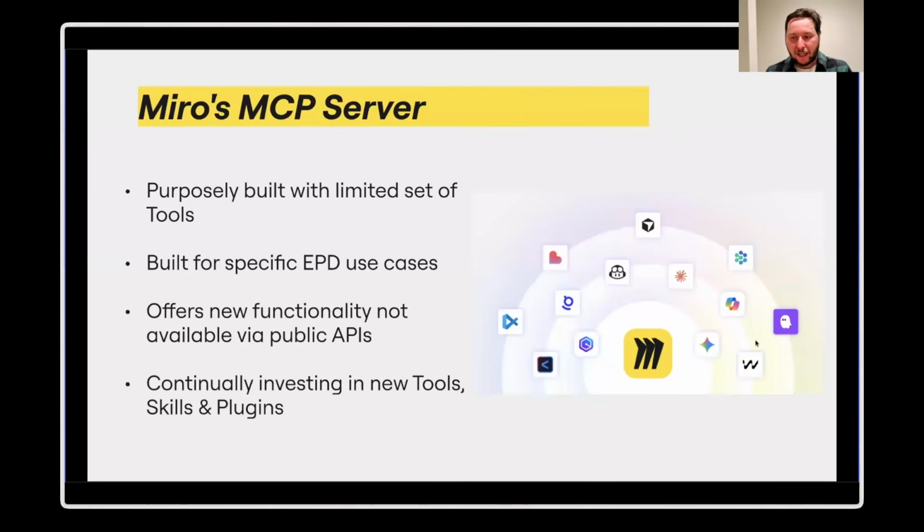Our MCP server has been on purpose kept very small with a limited set of tools because we wanted to focus on the use cases that we believe are valuable. We are expanding the set of tools available in our MCP server, and you're actively seeing how we're releasing new things. But this is specifically about functionality that's not available anywhere else. It's not available in our public APIs. So it's a very specific set of tools that we believe serve very specific use cases that you'll soon see